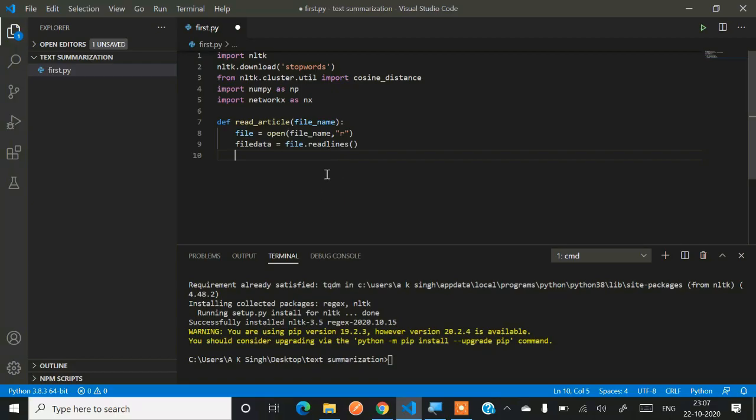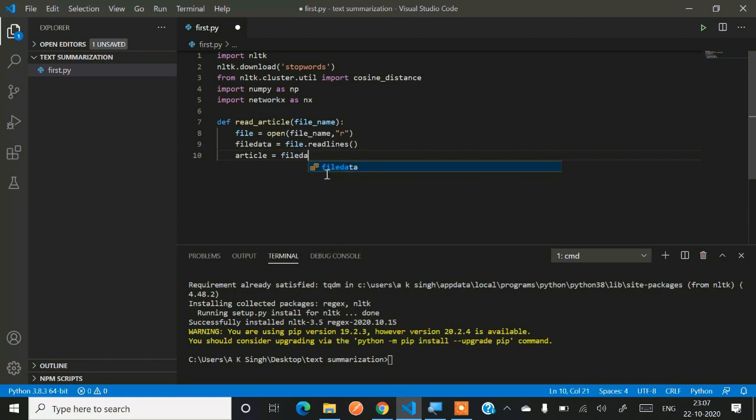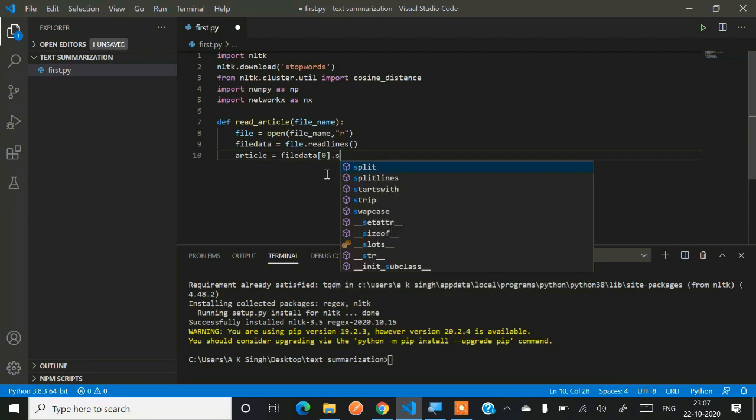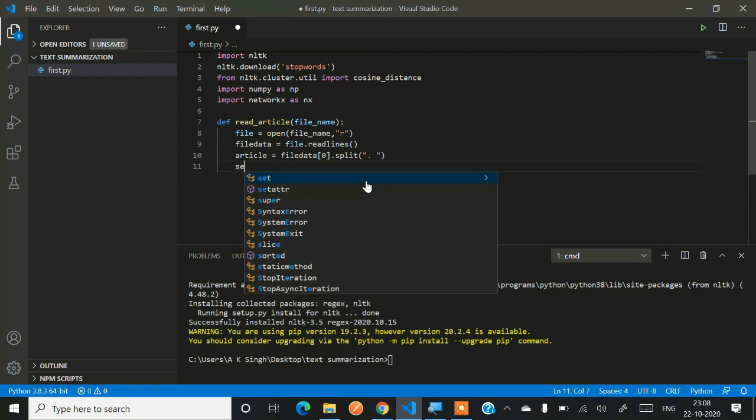Moving ahead, we have to parse that data. Here, dot will act as a delimiter. So we have to generate the sentences: what is before a dot will be one sentence, and what comes after will be the next. So dot will be the delimiter, and we are splitting as per the dot, so that we get sentences one by one in the form of a list.